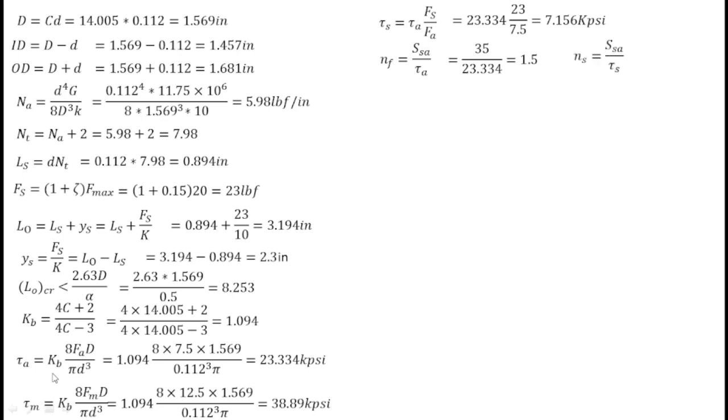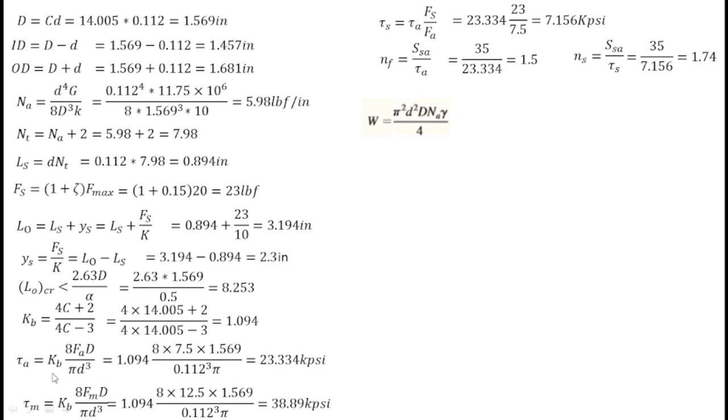And if you want to check whether the spring is solid safe or not, for that you will have to divide SSR with the tau s. So when you put these values, it will give you 1.74. And if you want to find out the natural frequency, for that you will need